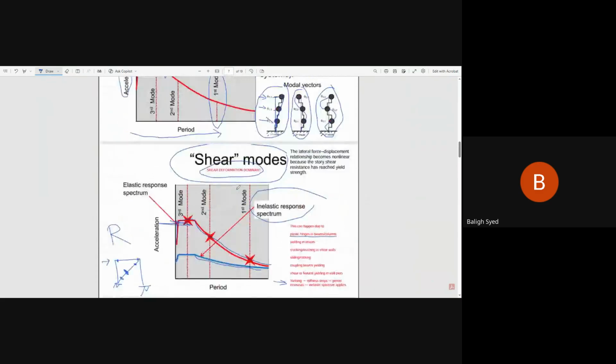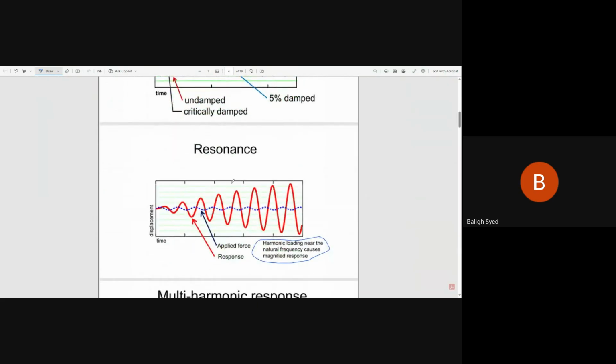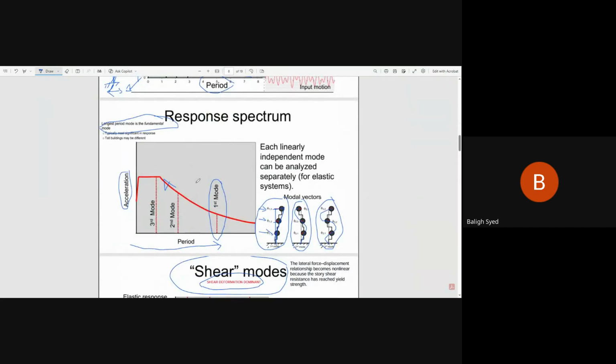Okay. So far what we discussed: the harmonic motion, the damping, the resonance, the multi-harmonic response of a system. Then we discussed the response spectrum comprised of the different modes of vibration. Then we discussed the fundamental mode. What is the fundamental mode of vibration? What is the definition of the fundamental mode of vibration? It has the longest period, and most probably it's going to have the highest amount of effective mass participation, meaning when you